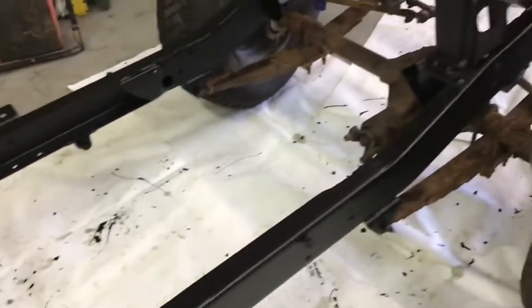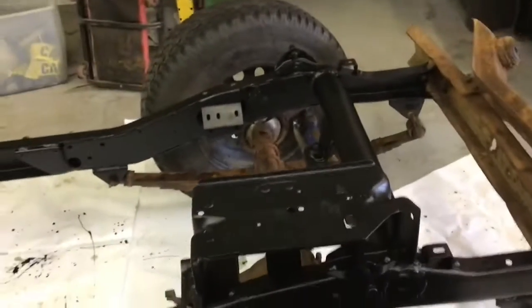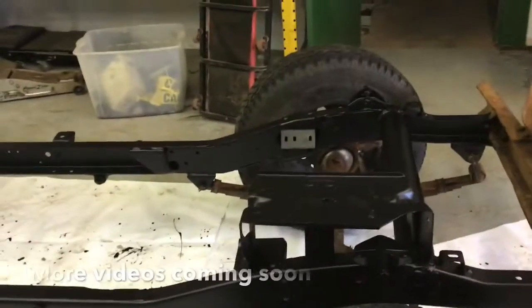So I am real happy with the outcome of this project, and we'll be moving into the next one, which is going to be more cleaning and